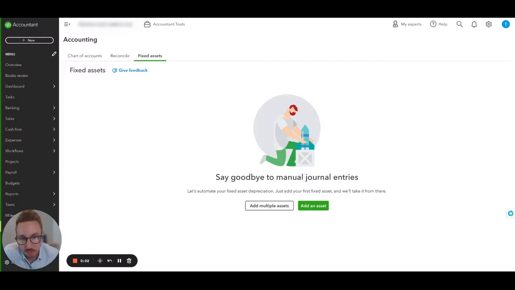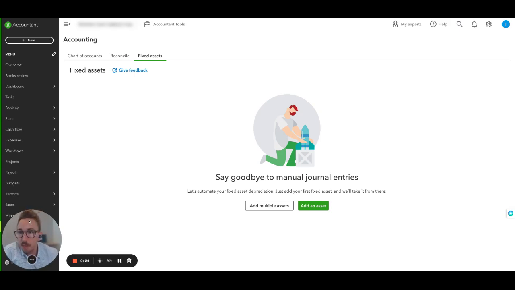We have a new QuickBooks feature. Okay, so QuickBooks Online recently added a fixed asset module, and I'm just going to walk you through it. I think it's super cool. It's not the best I've ever seen, but it's a big step in the right direction. So super excited about it, and I plan on moving all of my clients into using this module that are